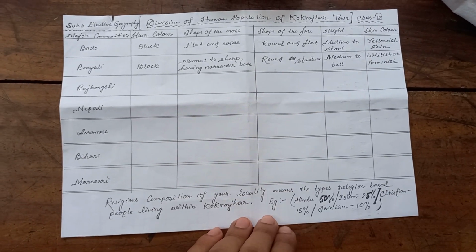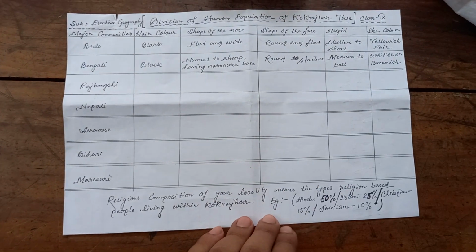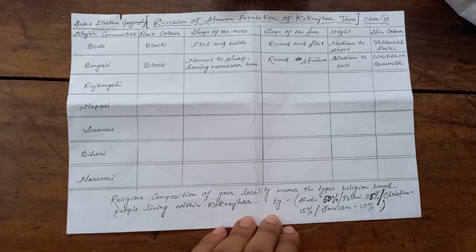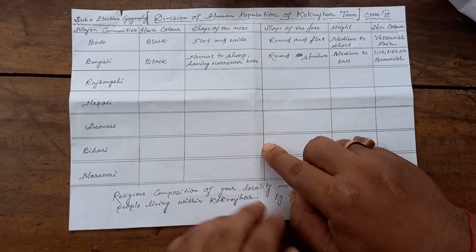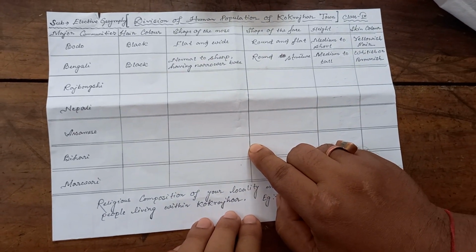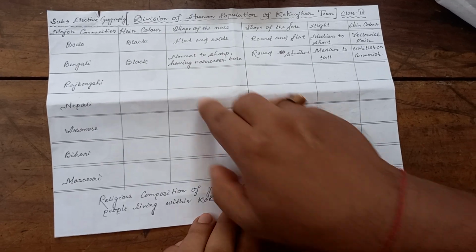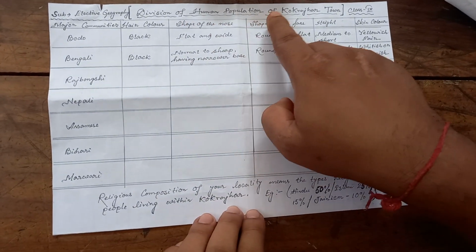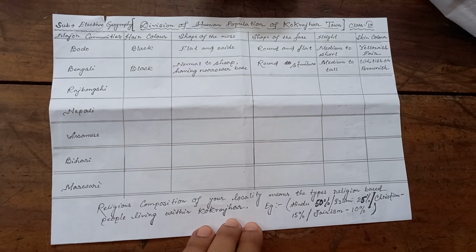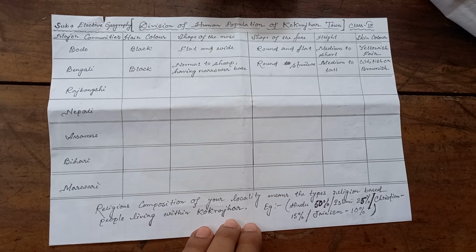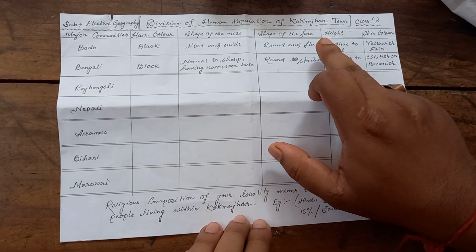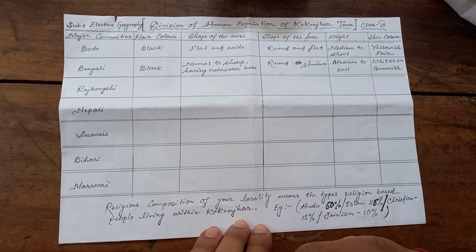You can see here clearly that, as this is a demo, I have not filled up all the gaps in each of the columns. It has been said just to find out what sort of communities are living in your locality. You see here I have written division of human population of Kokrajhar town, as it has been given to you to find out the population belonging to the division of the Kokrajhar locality. It is given, so don't be confused about that. Kokrajhar town means the place where we are living. Based on that only you have to do this.